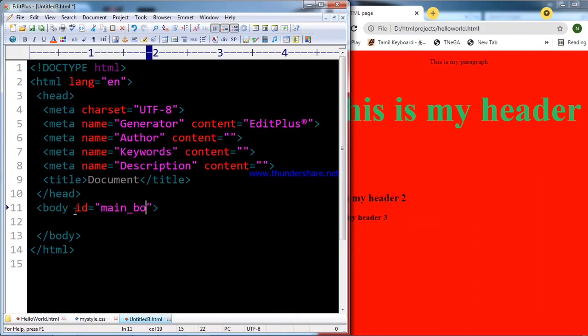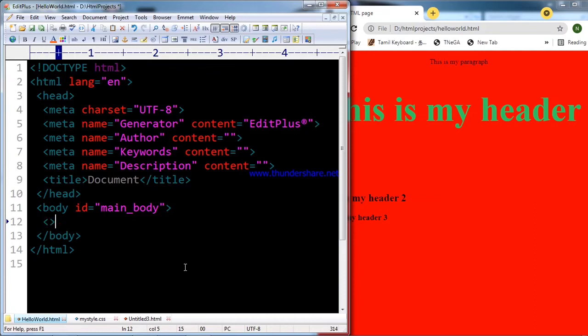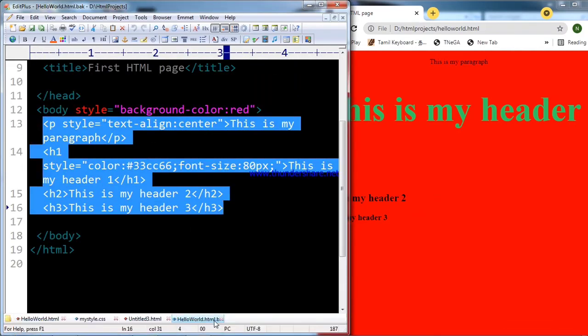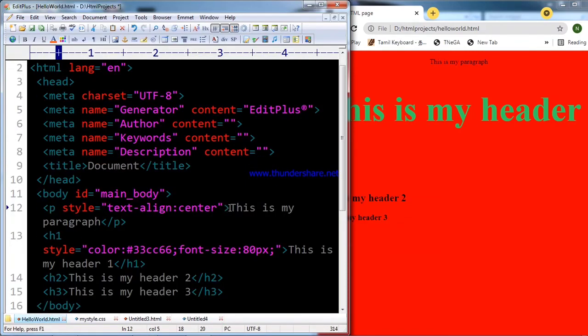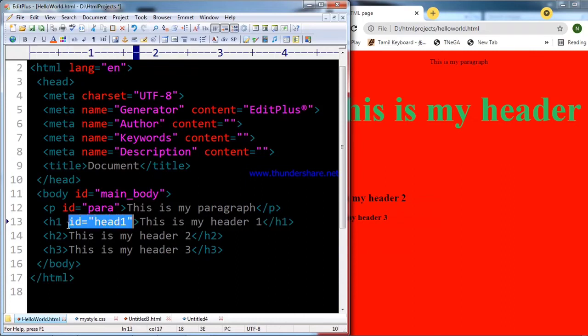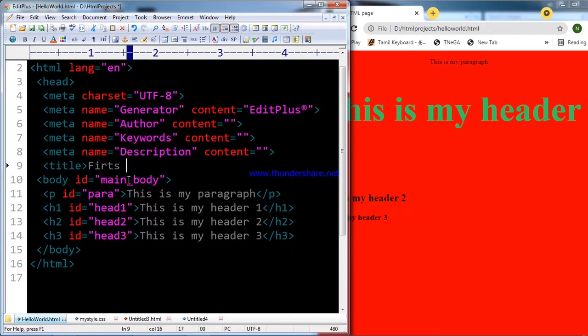Okay, next, these are the different types of CSS selectors. First is name specific, then ID specific, class specific, and groupings. You can go through the code so that you can understand the basic things. Based on ID, I have created an ID for each and every element.